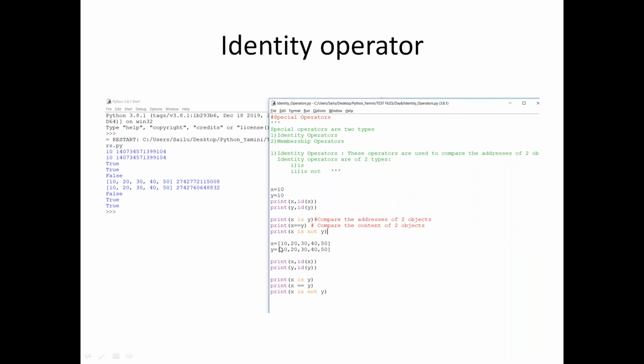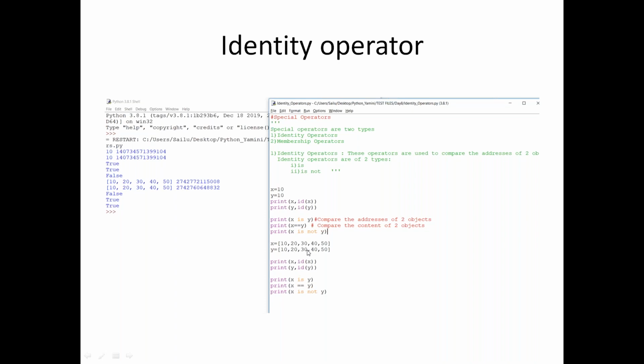It's in square brackets, which we call a list variable, list data type, not an integer, not a float, not a logical, not a fundamental data type. So we call it the list data type. Going forward, we will discuss this in detail, but this is just for understanding purposes. Now X has a collection of list data type, 10, 20, 30, 40, and 50. Similarly, Y also has the same.